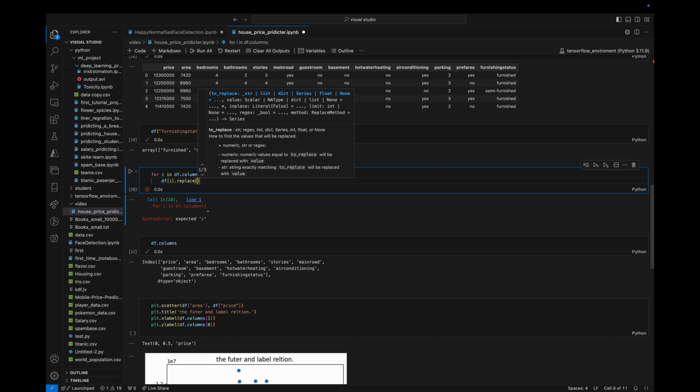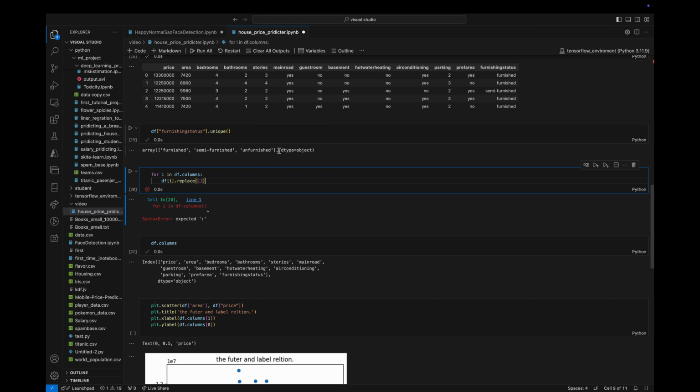To do that, we can use list, and as you can see, the list only works if it sees the value. If it doesn't see it, we're going to ignore it. So we can just copy this here and paste it here,